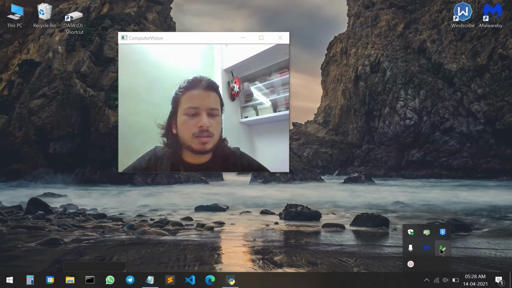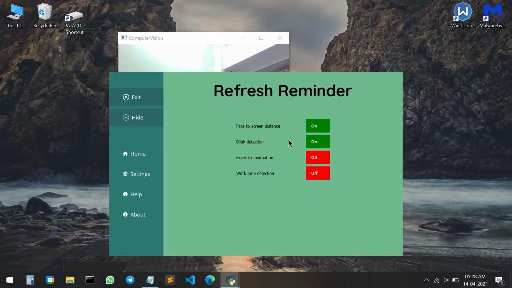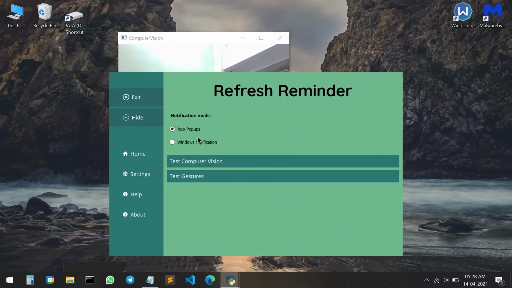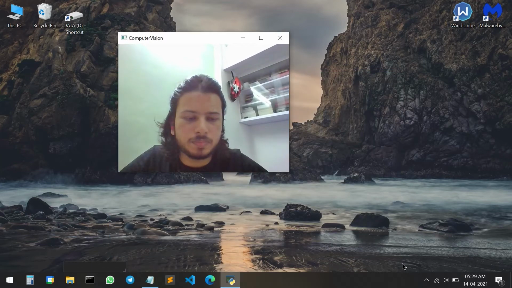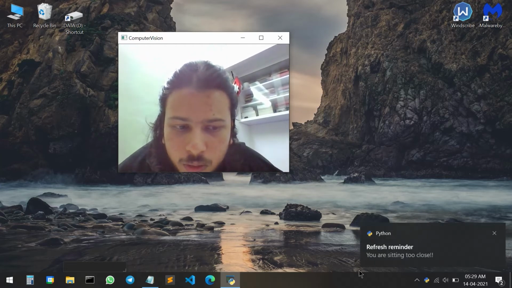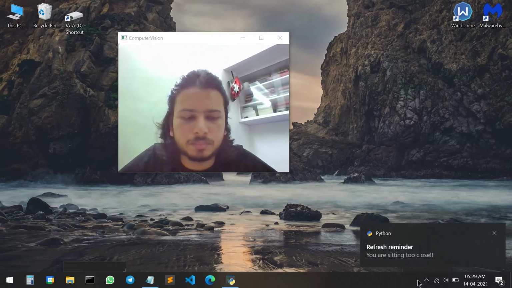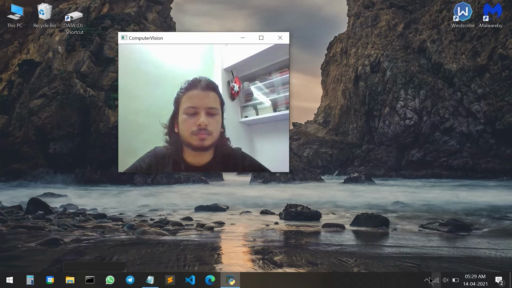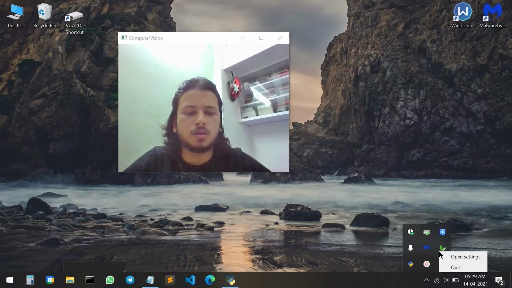Now next, let's go back to our app via the system tray. Before turning these off, we also have a notification mode selector so that those people who want Windows notifications instead of our app pop-ups can get the same. Now if I come closer to my app, then I will get a Windows notification about the same. Going back to our app,